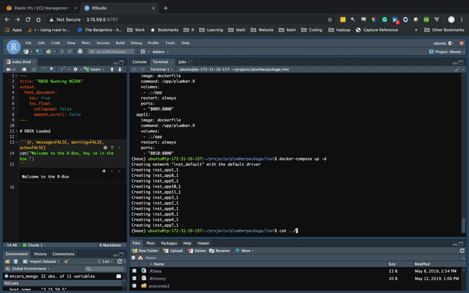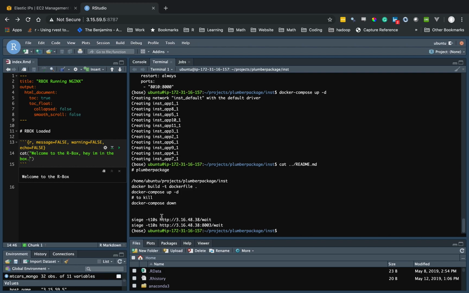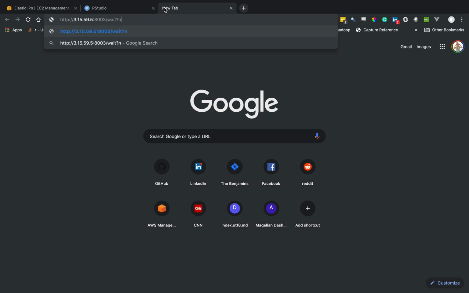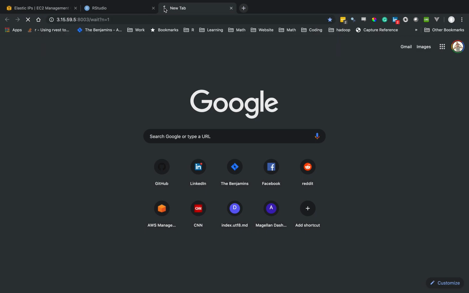What's going to happen is now we have all of these APIs loaded up. So if we take the value here, okay, so we're going to first, let's just do this. Let's say 8003. Wait for 1 second. API ran successfully, and so all of these Docker containers are now being routed to the outside. But if we hit